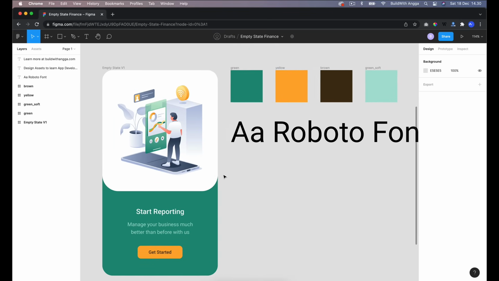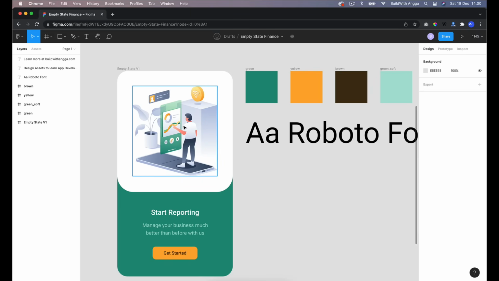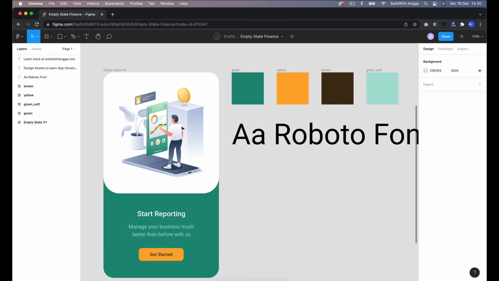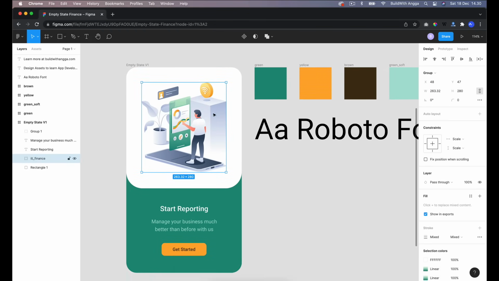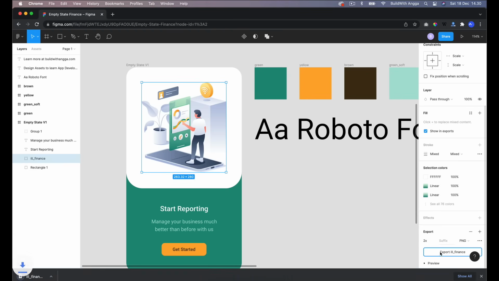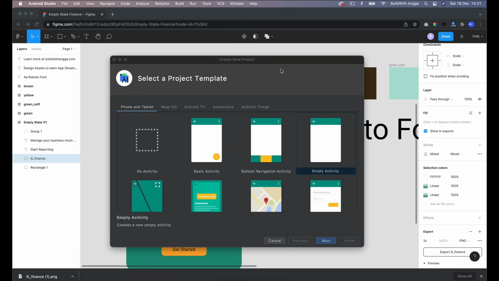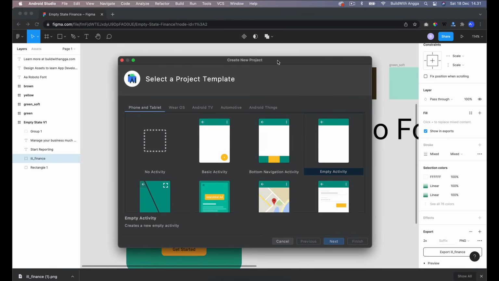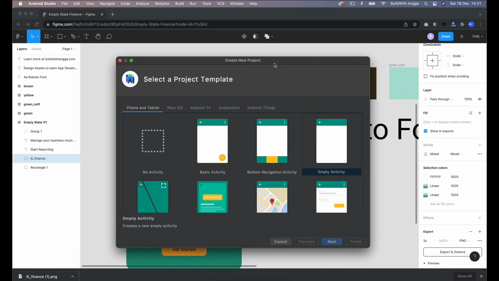Okay, so we're going to try to implement this design into Android XML with Android Studio. Alright, so first things first, we need to export this illustration. You just click here and then export right here. After that we need to create a new project in Android Studio.